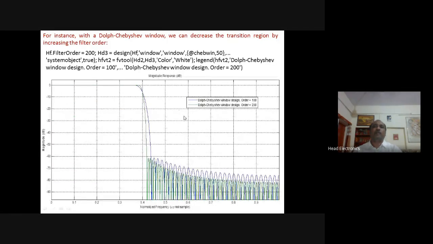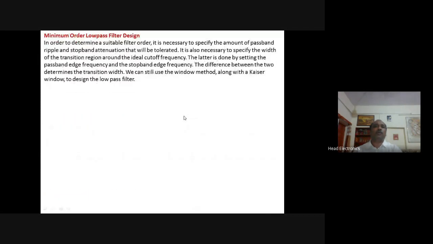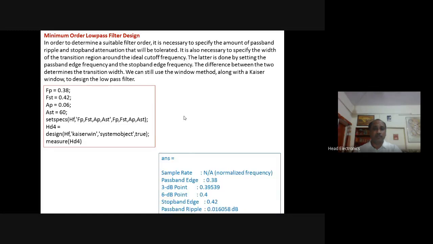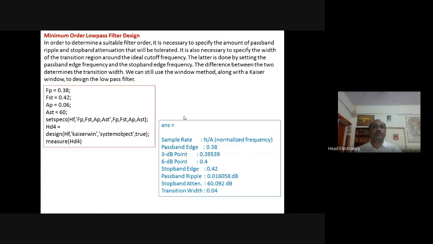Now if we are interested in the minimum order low pass filter design, then what will happen when the order is decreased and when the minimum order is designed? If we try to decrease the order, then we have to make a compromise with the ripples in the pass band as well as the attenuation in the stop band.